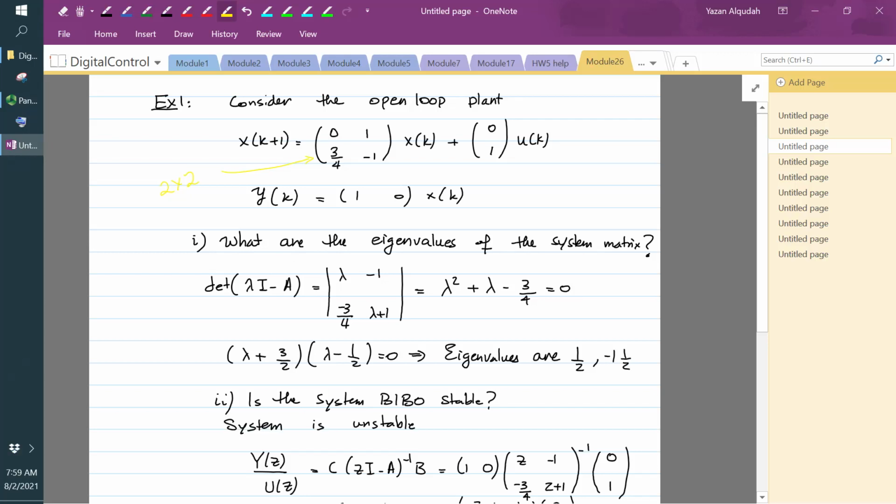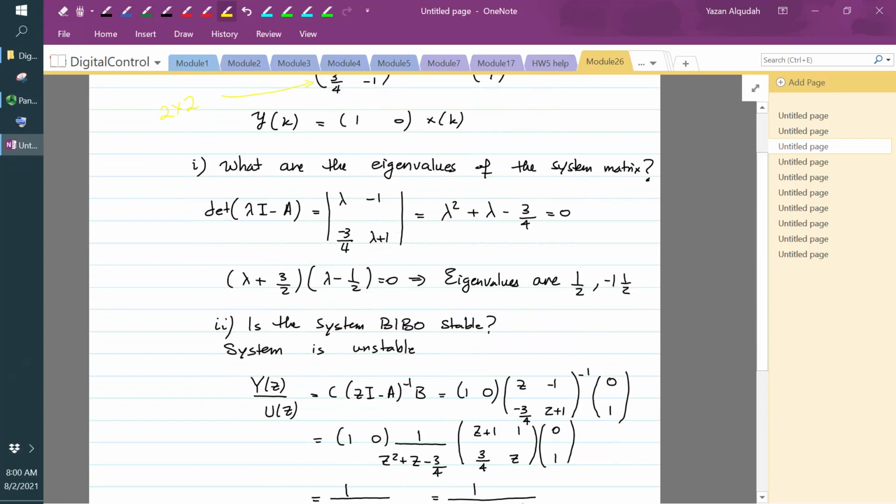If I look at the open loop and calculate the eigenvalues, the determinant of lambda I minus A is going to be lambda, negative 1, negative 3 over 4, lambda plus 1. We calculate the determinant: lambda squared plus lambda minus 3 over 4. If we solve this, we're going to find that we have eigenvalues that are 1/2 and negative